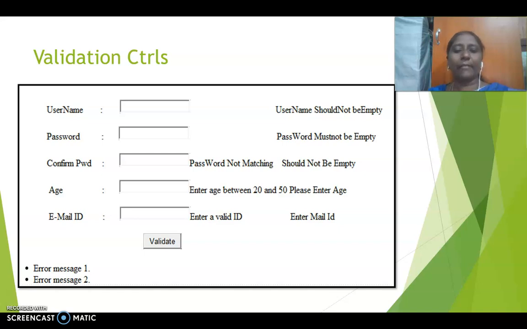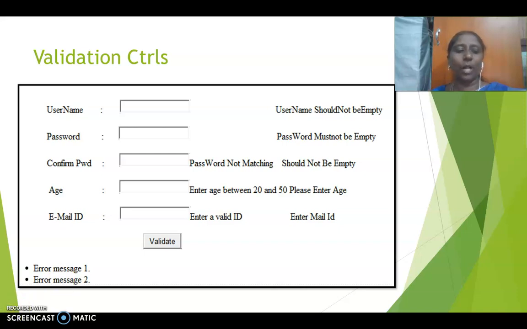And then we are having the age limit as 20 to 50 where you can use range validation. And finally email ID, which deals with the regular expression validation. And then the last one is error message 1 and error message 2. This is nothing but the validation summary.